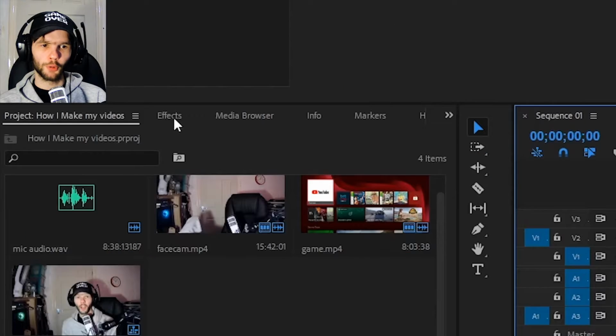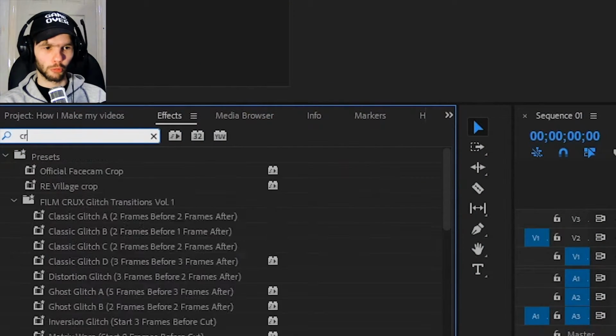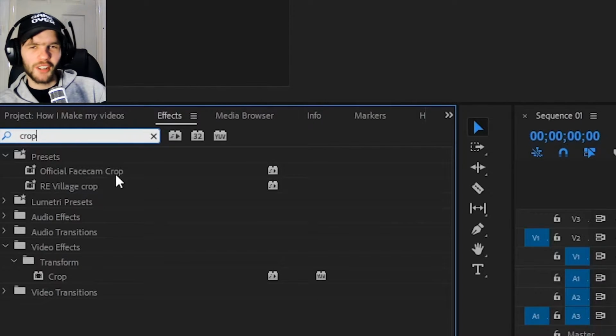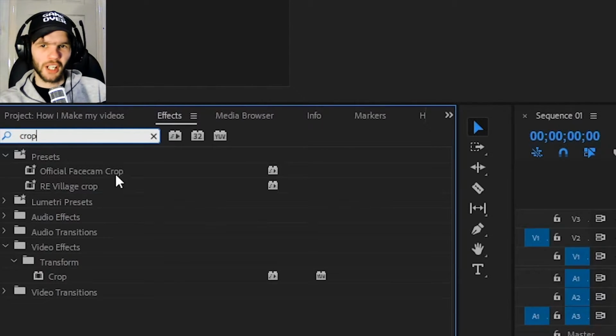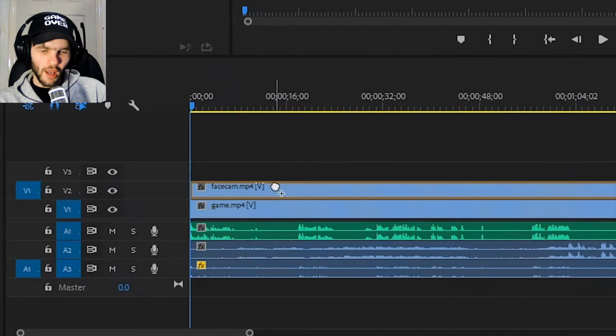I go to the effects panel. We're finally going into the effects panel, and I'm going to type in crop. Now I do have presets like a Resident Evil Village crop. I should get rid of that because I'm not going to play that again. I've also got official facecam crop, but I don't know. My facecam position changes all the time, so I just put in a crop from transform and drag it onto